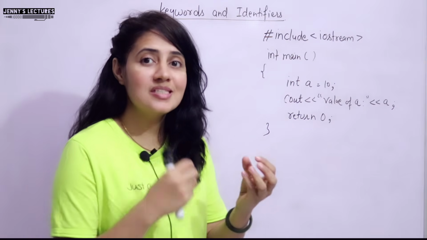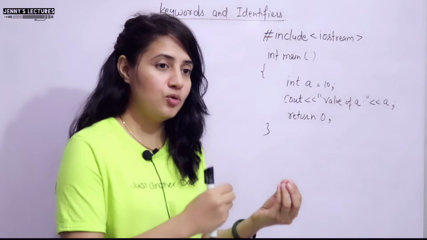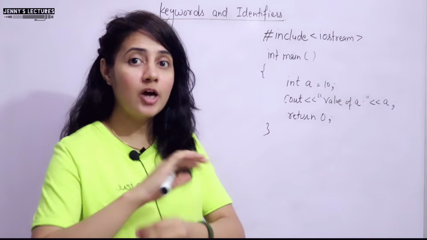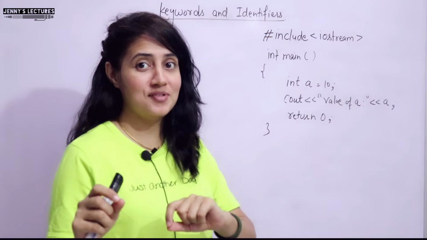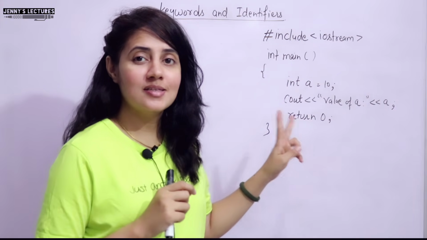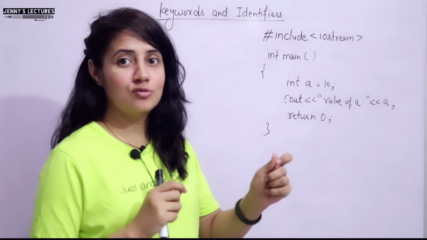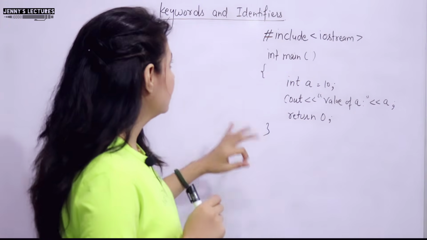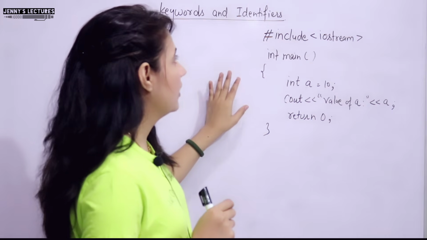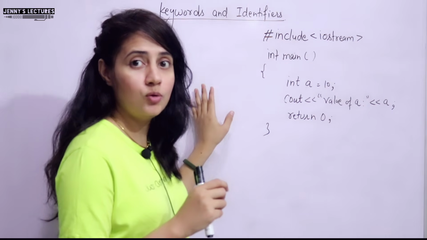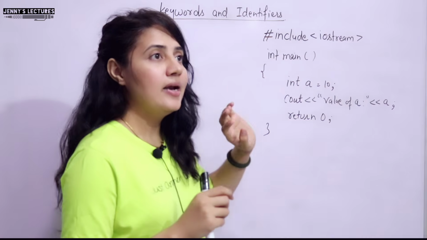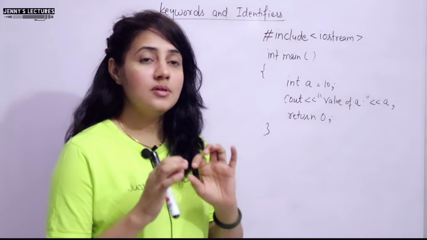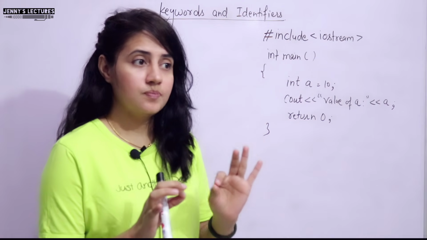You cannot write even a simple program, like a program to print hello world, without using keywords and identifiers. So these things are very important. You can say they are the building blocks of a C++ program. I'll show you these things. I will discuss first of all keywords and identifiers. I'll tell you what are keywords, what are identifiers, and we'll also see some important facts about these things, especially